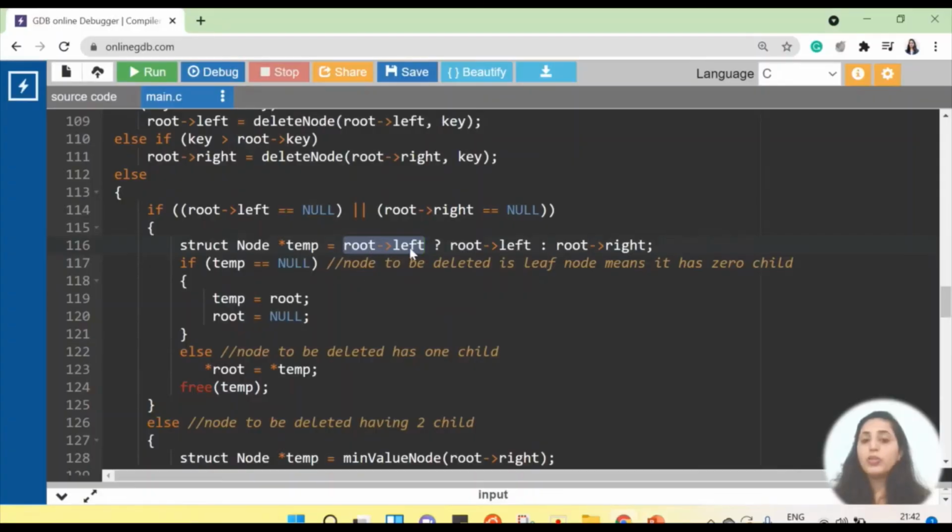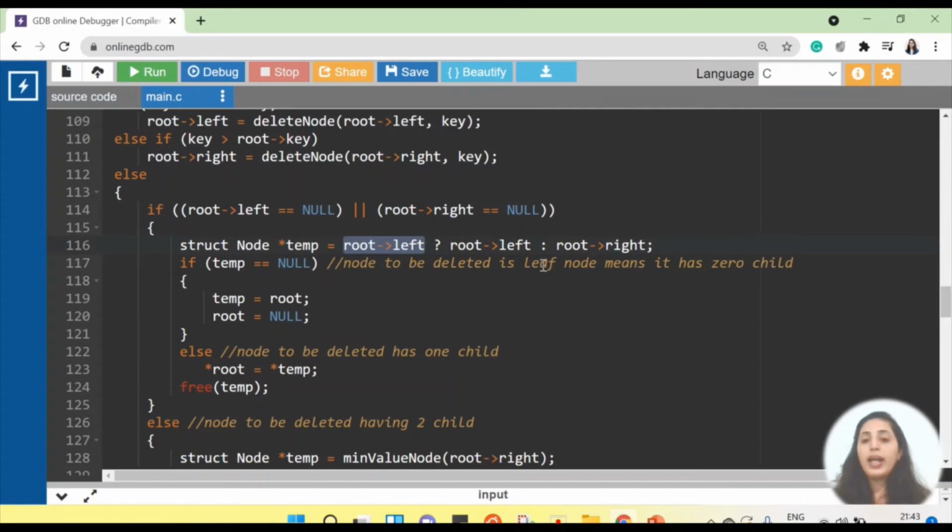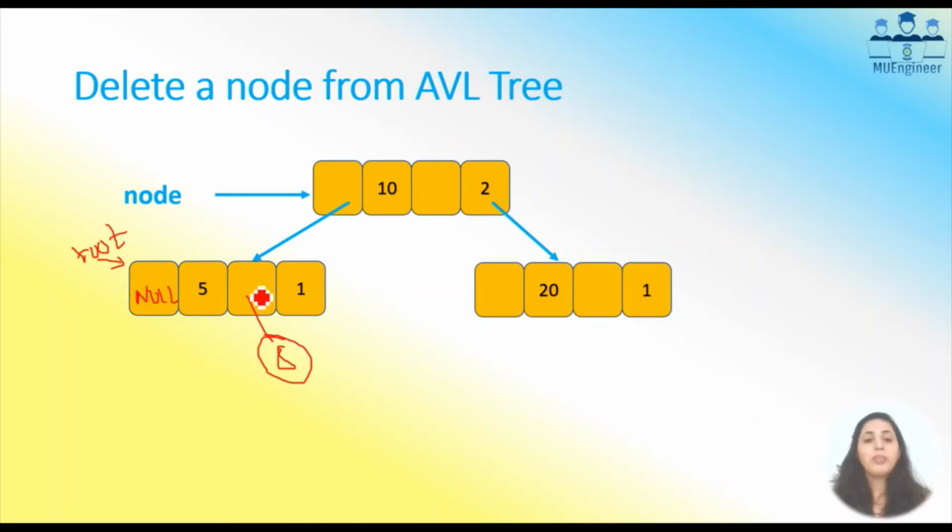If there is some node connected to it, we will have temp storing the left child of 5. But if the node 5 is not having a left child and it is having a right child, in that case temp will hold the address of the right child of 5. Getting it? So whichever child is available, either left or right, temp will point to that child.